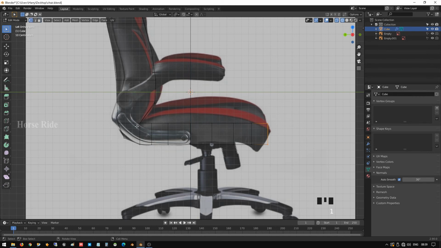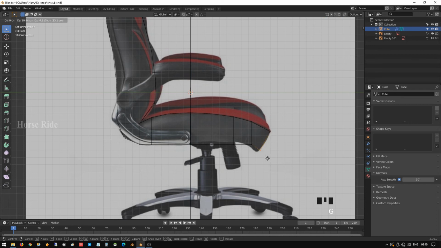Go to vertex mode, press 1 on the keyboard and select this one GZ, select this one GZ, select this one GZ, select this one GZ, select this one GZ, select this one GZ, select this one, press G, and you can move like this freely.